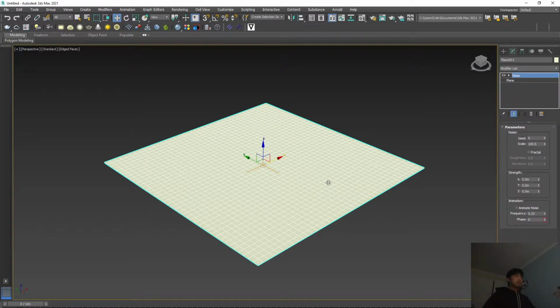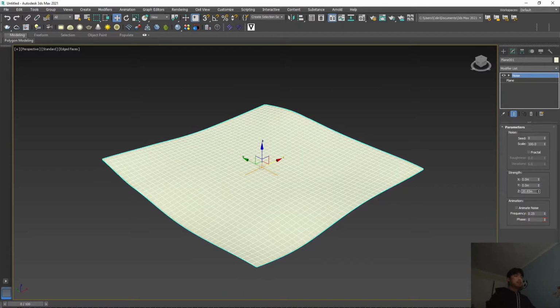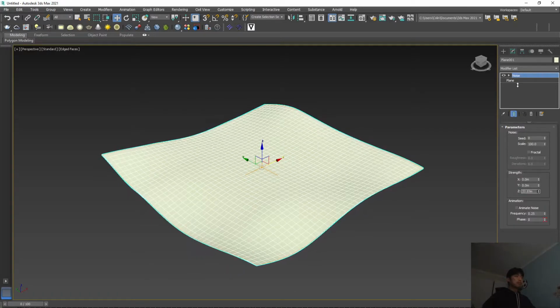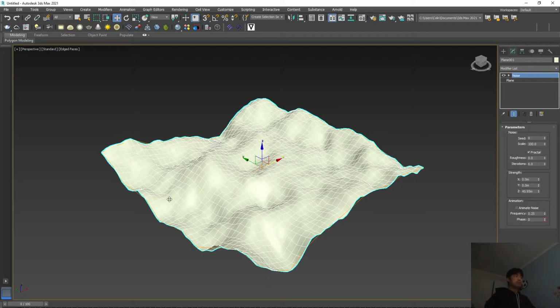So with the noise modifier tab, we're able to change the height and the wave effect of the plane, creating that wave effect that we're wanting. So in this case, I've set something to around something like this. Or additionally, you're able to click on fractal, as that gives a more profounded shape to the